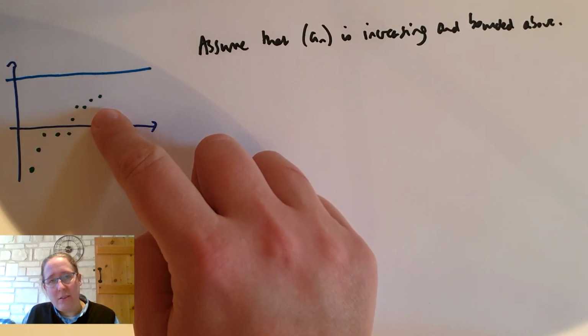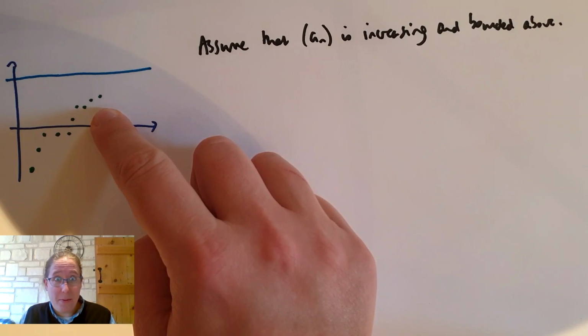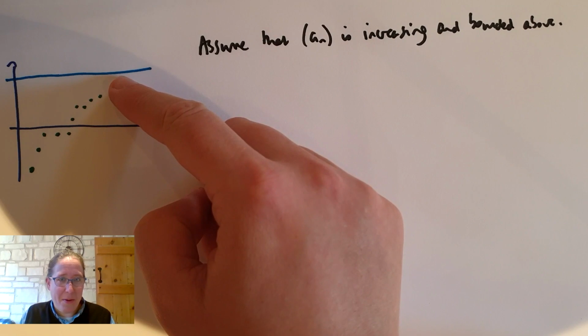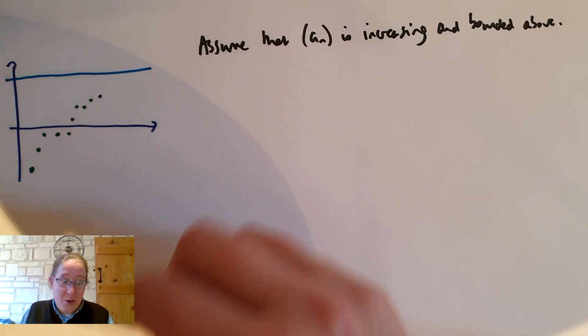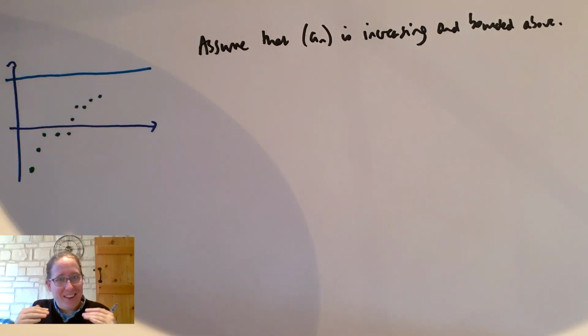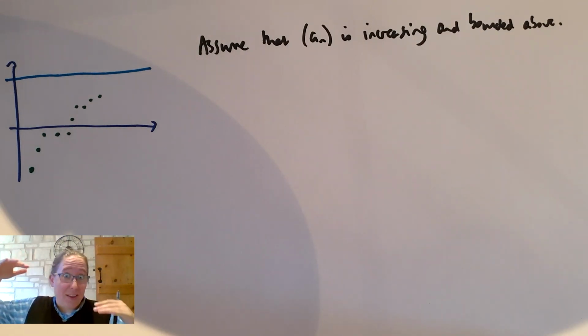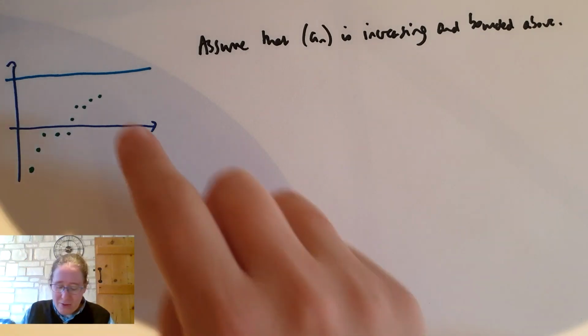It's not the case that the sequence has to tend to the upper bound, because I might have been very inefficient with where I put my upper bound. If I know that the terms of my sequence are all less than or equal to 1, then 10 is still an upper bound, and the sequence definitely doesn't tend to 10. So I have to be a little bit careful.